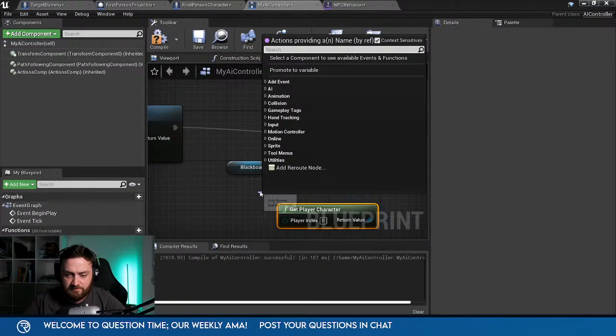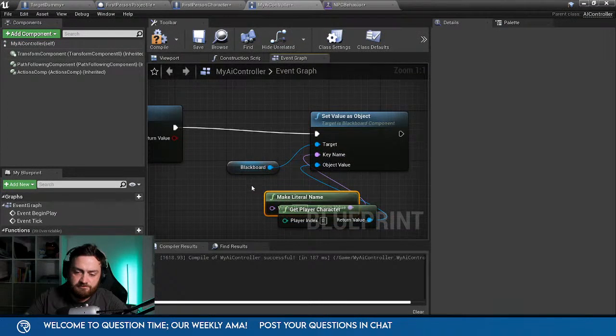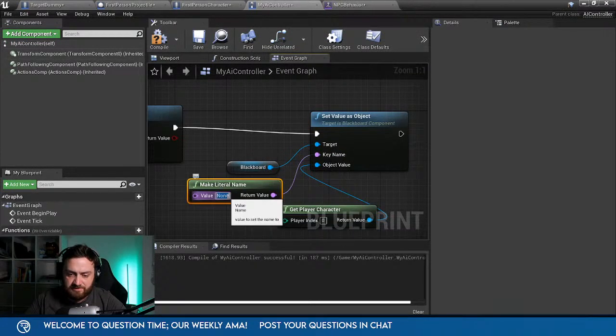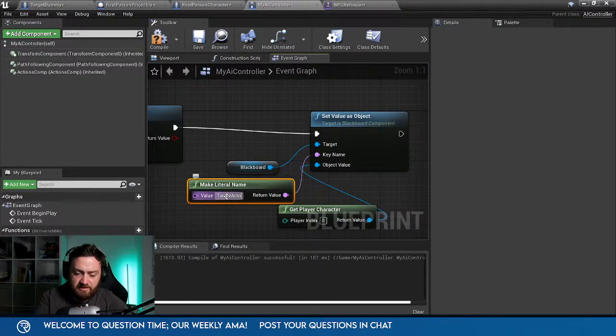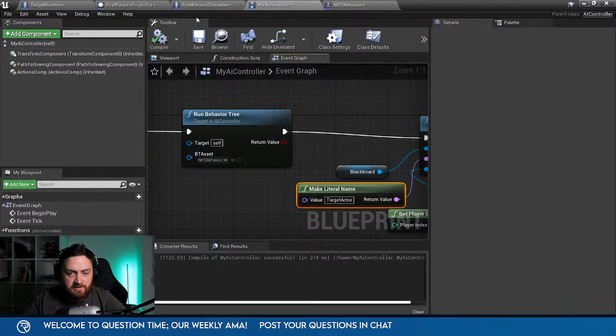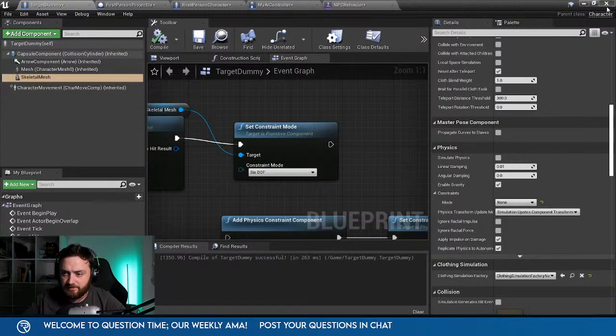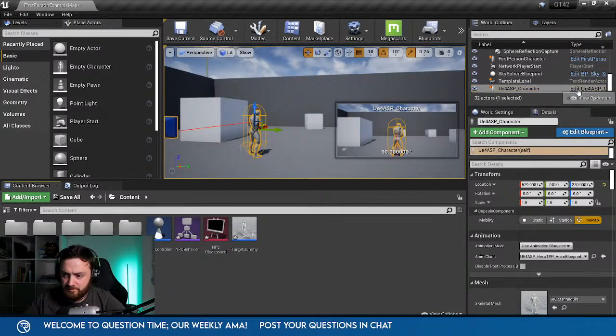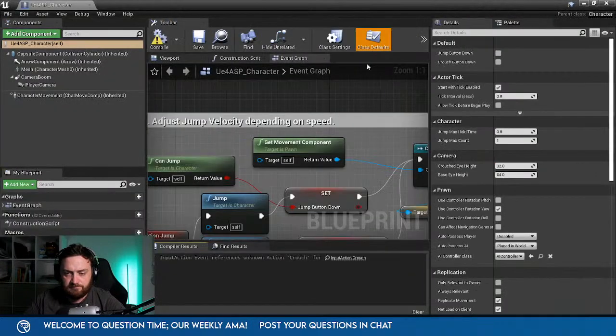Key name to make literal. And just put in the key. Okay, so that will do that. We'll tell our guy here to follow my AI controller.